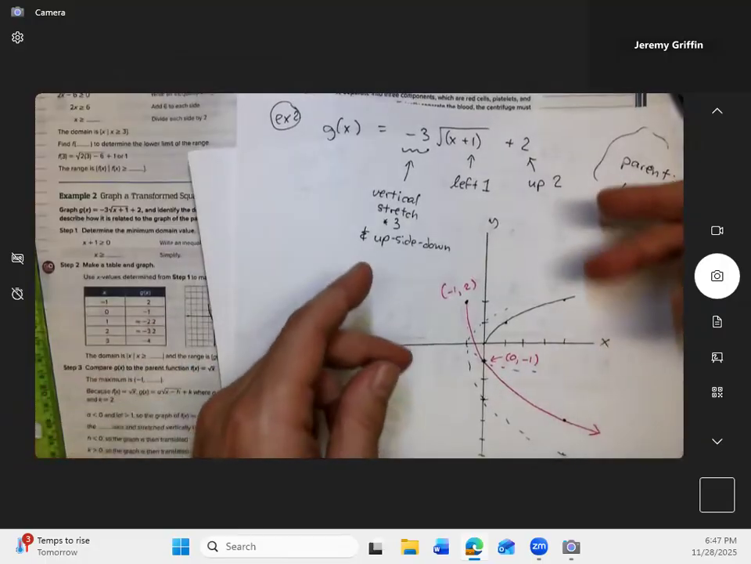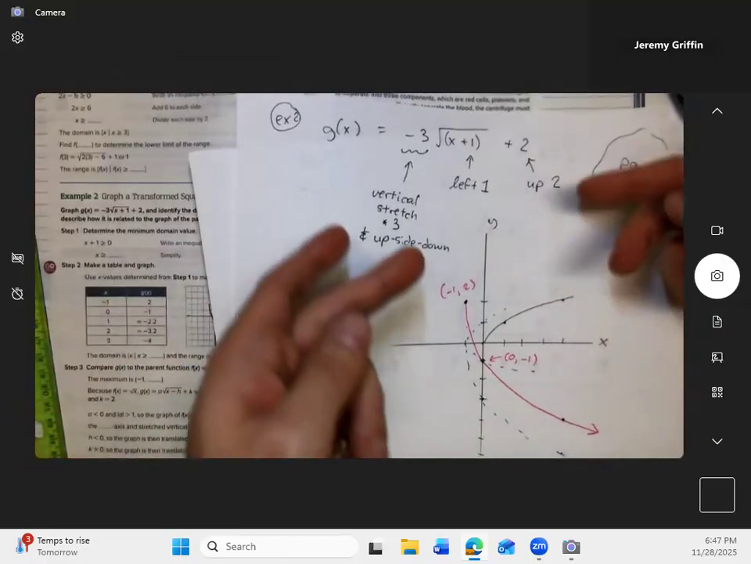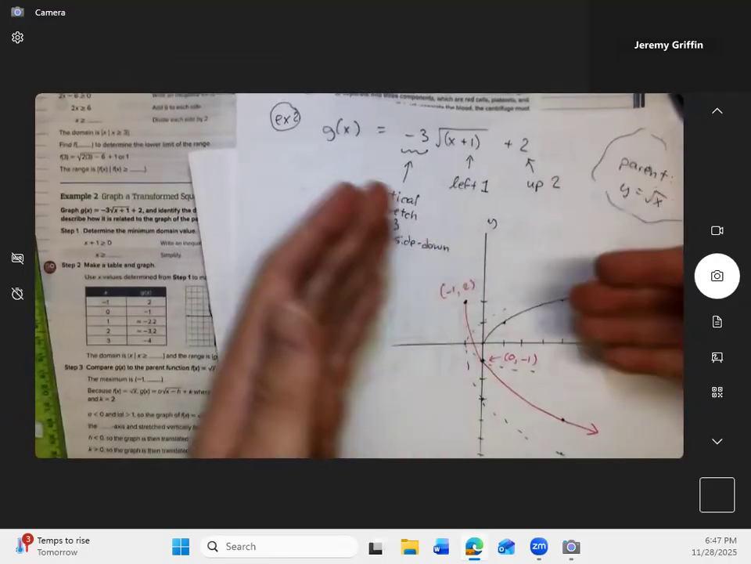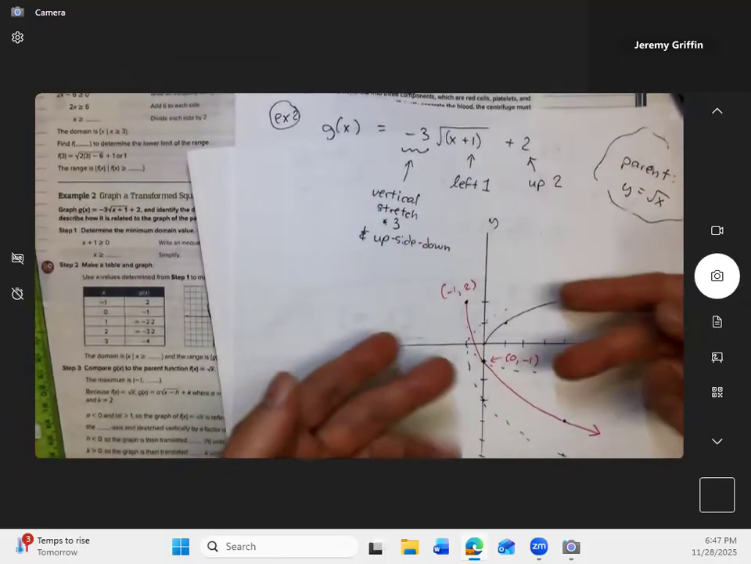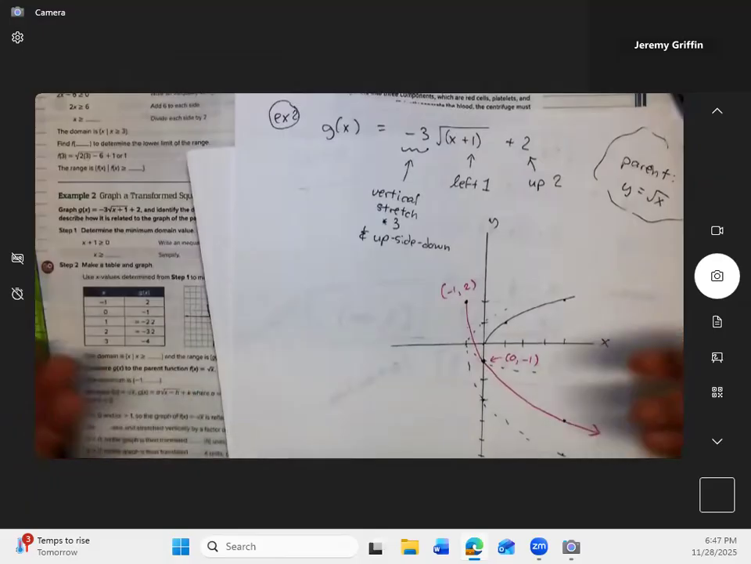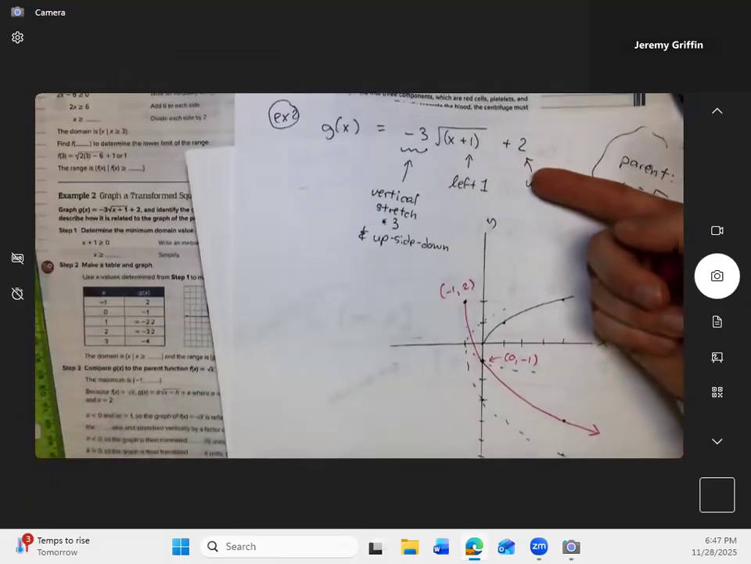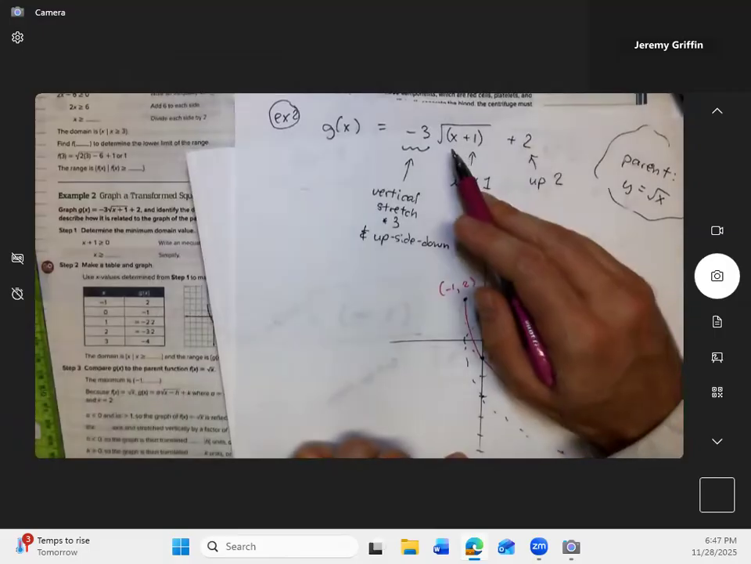The way I graphed this originally was I just followed all my shifting rules. Shift this way, stretch this way. But then each individual point is coming out exactly where it would have if you just plugged it into the expression in the first place. What if you plug in 4? Or